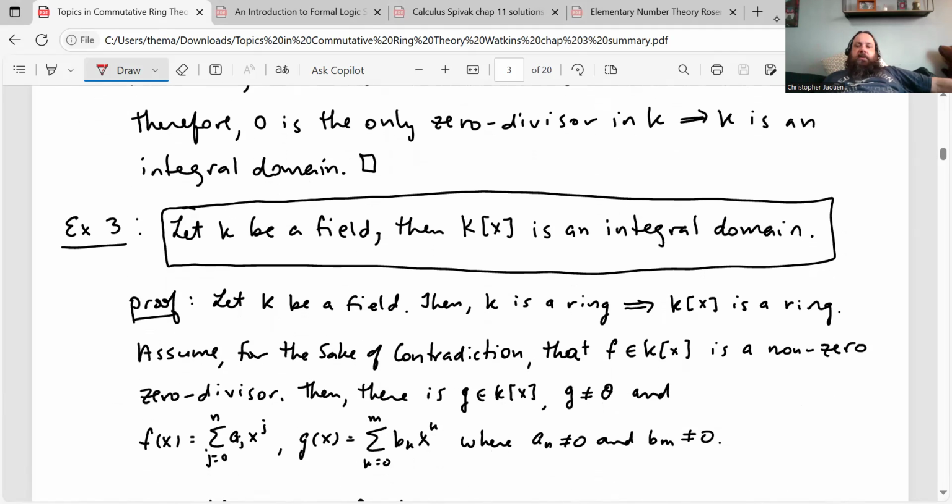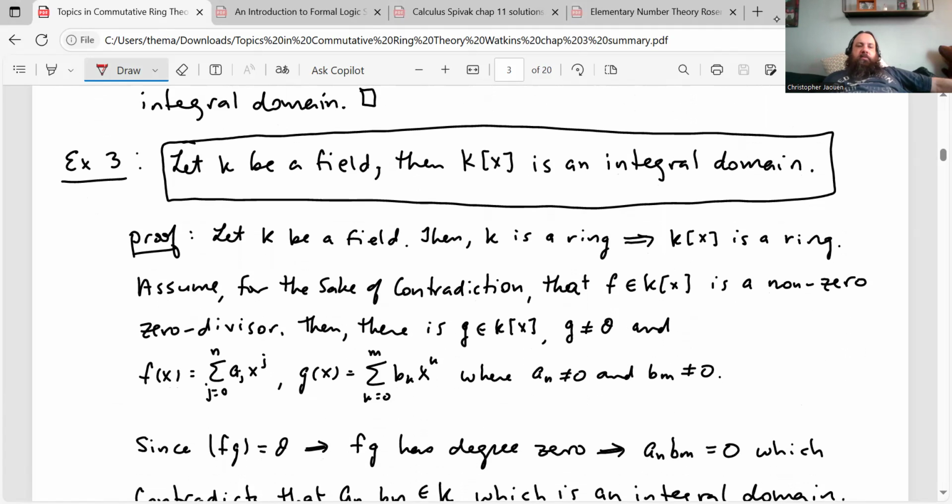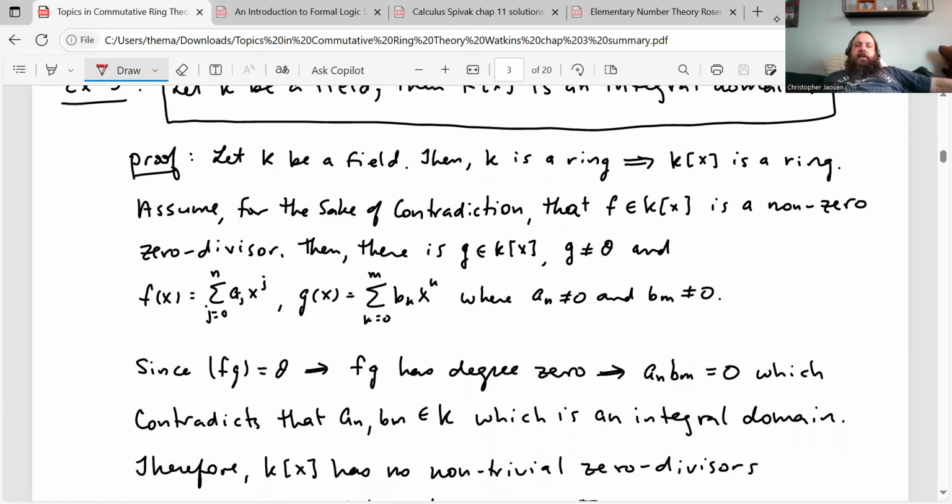Right? Then we have another statement here to prove in example 3. Let K be a field. Then the polynomial ring with coefficients from the field K is an integral domain. Let's prove that here. Let K be a field, then K is a ring, which implies K[x] is a ring. Assume for the sake of contradiction that f, an element of the ring of polynomials, is a non-zero zero divisor. Then there's g in the polynomial ring,